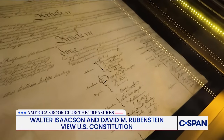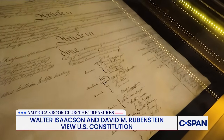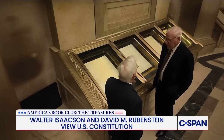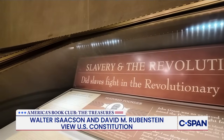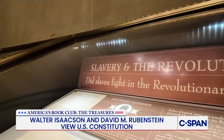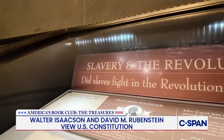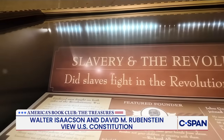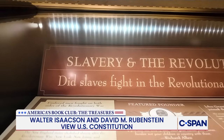It's one of the great contradictions, whether it's in that document with "all men are created equal" or "we the people," and you have a Jefferson who has enslaved 400 people at the time, and as you know, it's complicated. He doesn't free most of his slaves. Tell me about that. Jefferson actually, early in his career, thought that slavery was abhorrent, and he proposed getting rid